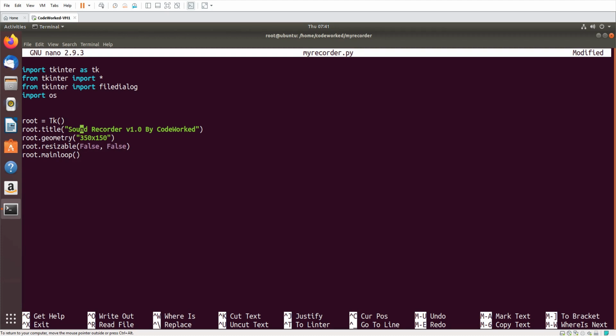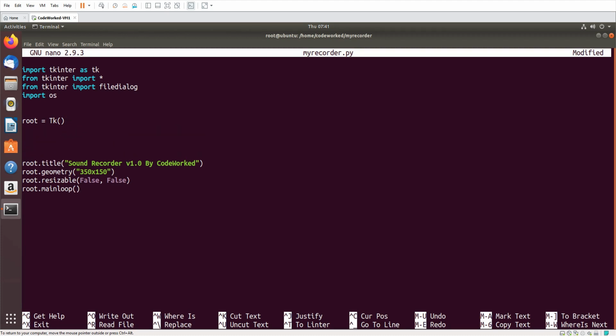Okay guys, now here I will add a label frame, wrapper, label frame. I will wrap all the components in this label frame.